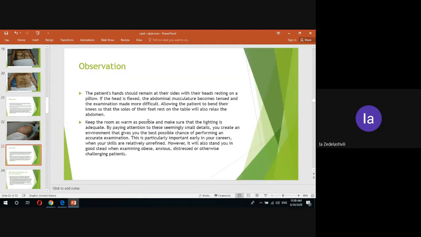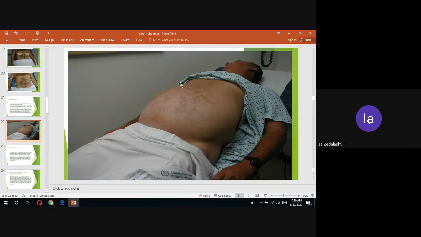Keep the room as warm as possible and make sure that the lighting is adequate. Why is lighting so important, my dear? Light must not be vertical as it is in the surgery area, because you do not need to cut something, you need to observe something. So it must come slightly oblique. Why? Because the shadows it makes on the abdomen will give you some explanation, my dear. When it is very vertical, you have no shadows, so some changes in the tone of the color must be